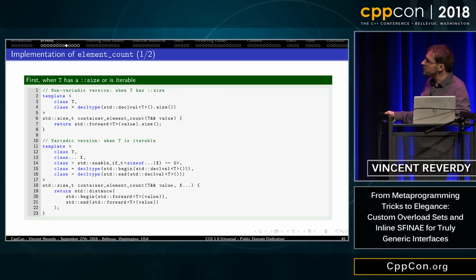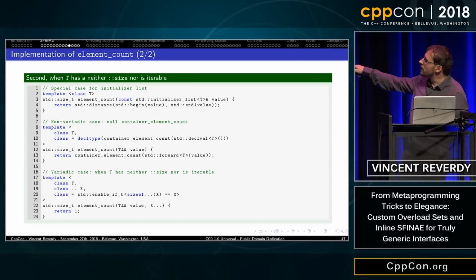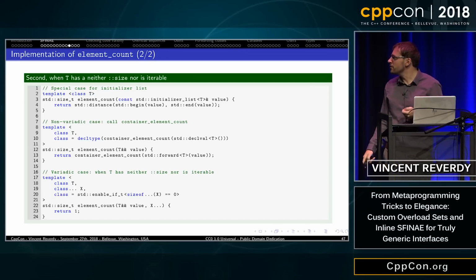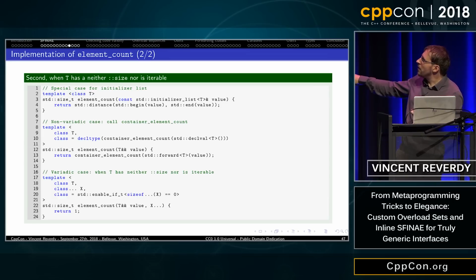And then if we do the same trick now on element_count, what I want to do is check whether container_element_count can be called on T. In that case, it means that either it has a size member or distance can be called. Or if it doesn't work, then I want to default by returning 1.